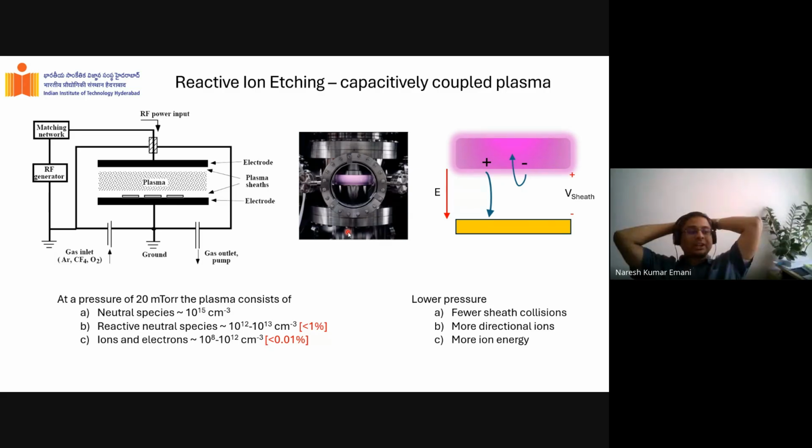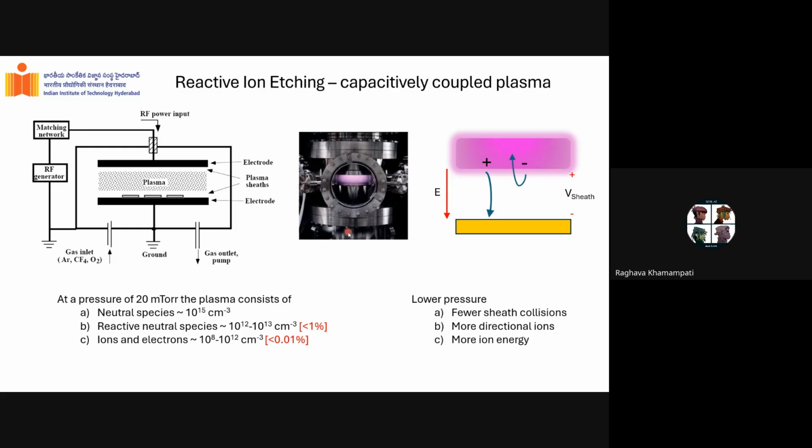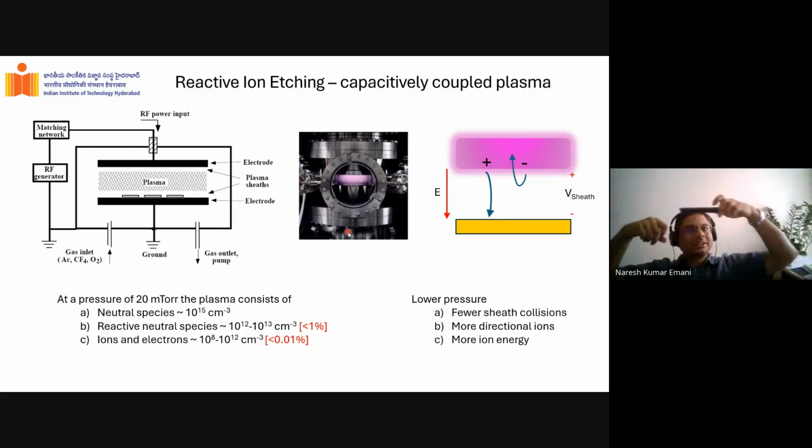Shape will differ because it's more anisotropic. It depends on, see, if you want, there's a problem here. If this is your cantilever and you want to etch it underneath in a dry etching system where you have anisotropic etching, how will you etch underneath? It won't work, right? So you essentially have to make it operate in an isotropic mode,